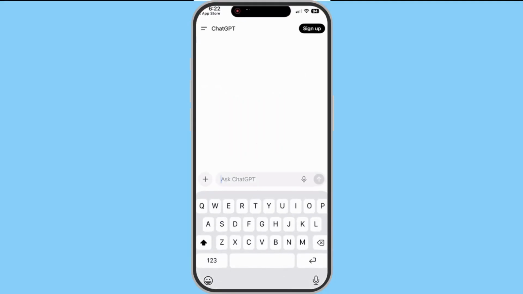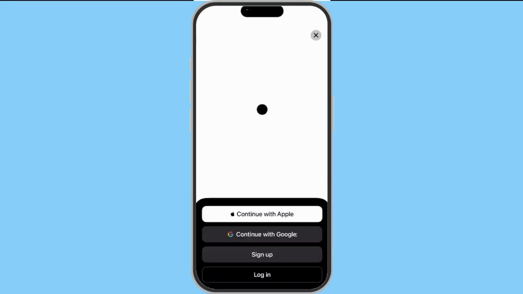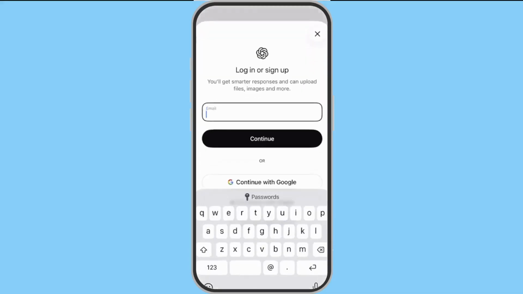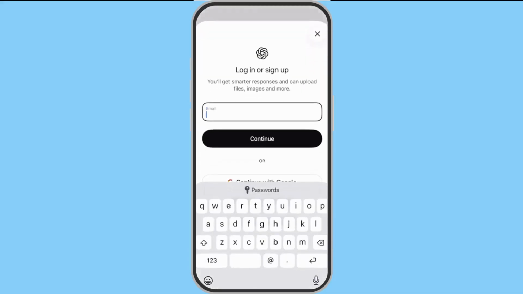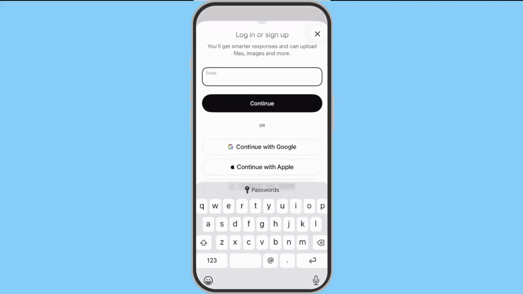On the welcome screen, choose Sign Up. If you already have an account, you can log in, but for a new user, Sign Up is the right choice. You'll now choose how to create your account. You can use an email address or sign up with Google or Apple. Using Google or Apple can be quicker since it connects to an existing account, while email gives you a straightforward,